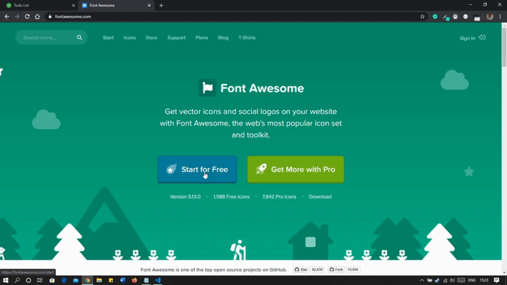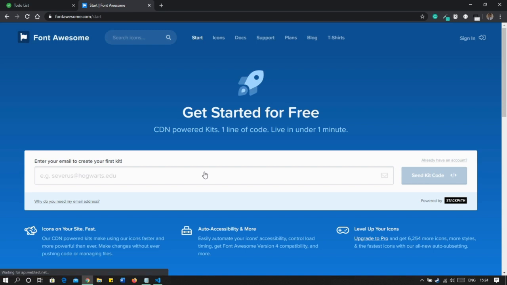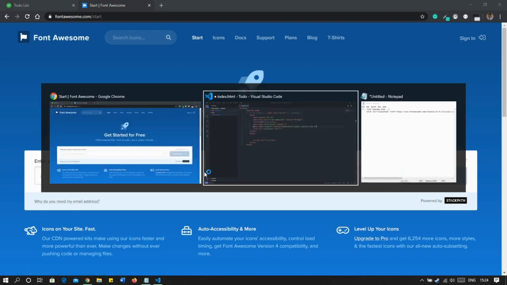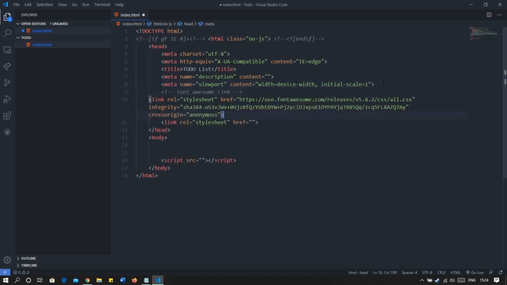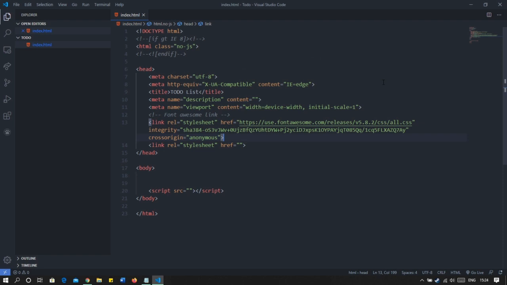There are various kinds of categories of icons that are available in the pro version, but as we are doing this for tutorial sake, we'll go for free. So you can select various icons from here. I'll get you up to speed when we start working with the icons. So here you go. Here I'll paste the link. I'll mention this link in the description below, so don't worry. The link is to work with Font Awesome, because we cannot download all the icons, so we'll use it from their server itself.